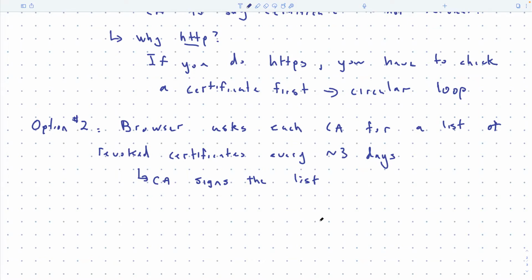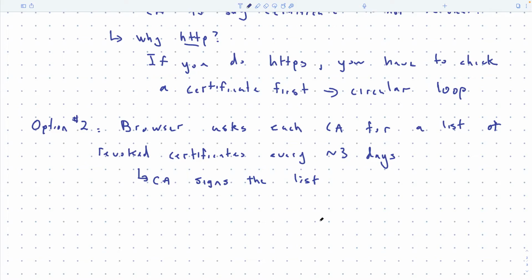Now, if a CA is compromised, right, then the revocation list is also compromised, okay? And so what happens in these cases is it's always the parent in the chain that revokes for the children. So if a website is compromised, the CA that issued it is going to revoke the certificate.